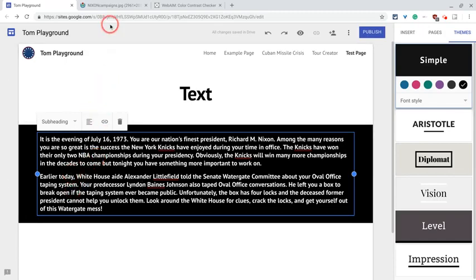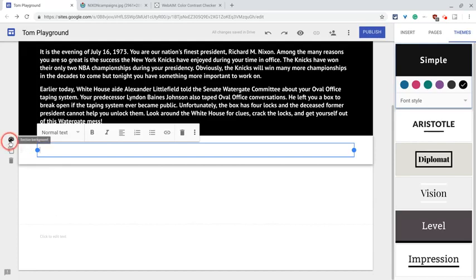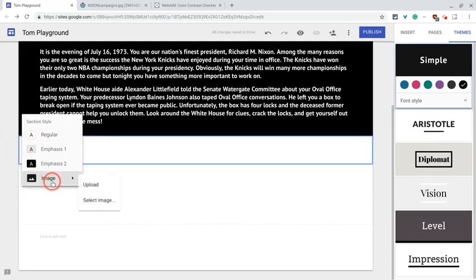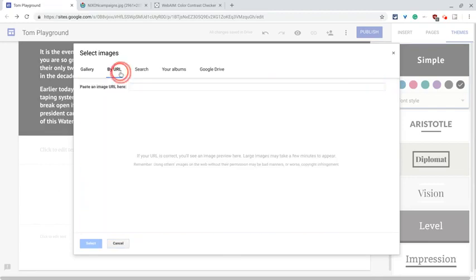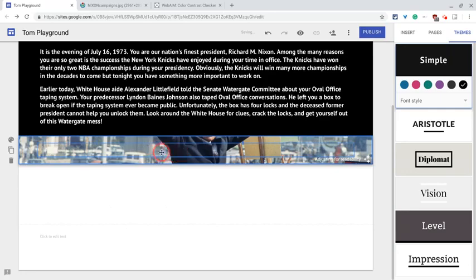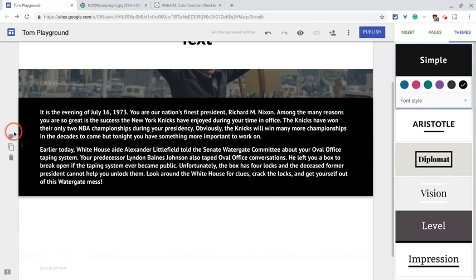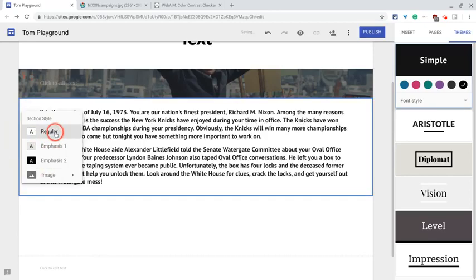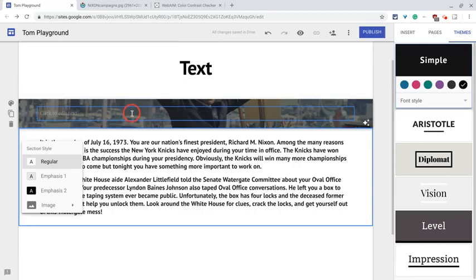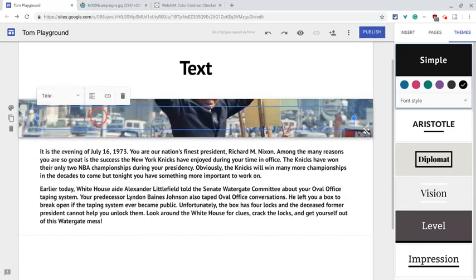So let's go back and create another text box in a new section here, and let's use that image once again. Now, here, it doesn't look very good, right? But you know what? Let me just move it up as a divider. I'm also going to make this white with the regular background. That doesn't look very good yet. First of all, we can remove our readability adjustment. And then we can also change it from normal text to title, make that a little bit bigger,